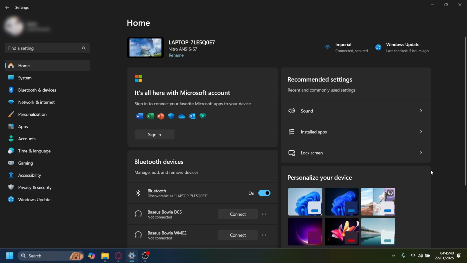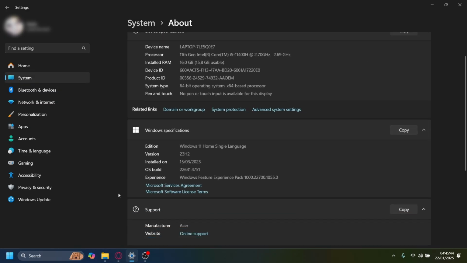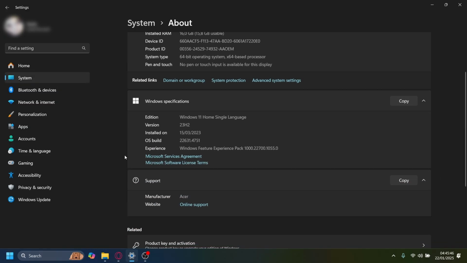So if I go to System here and go to About, you can see what kind of Windows we have. Right now I only have a Windows 11 Home Single Language version, so that means I won't have group policy. Now, the only way you can get group policy is to purchase a Windows 11 Pro Edition or Enterprise